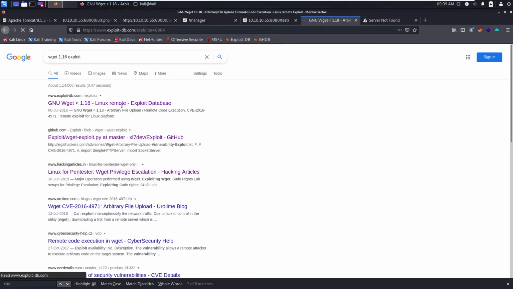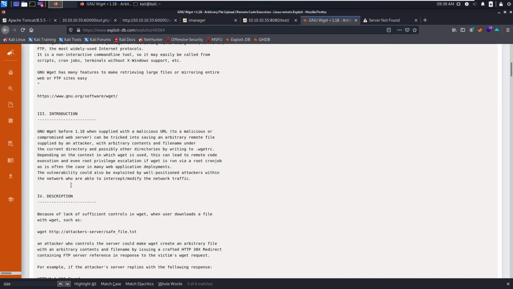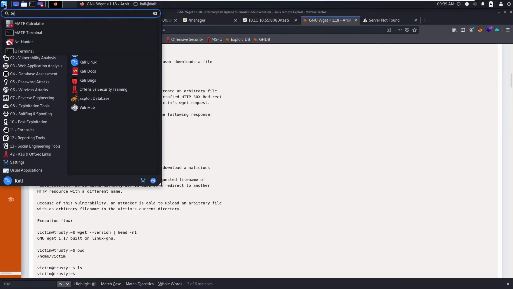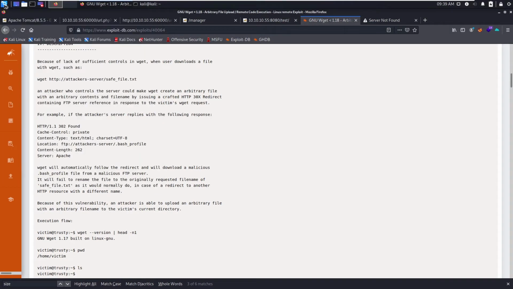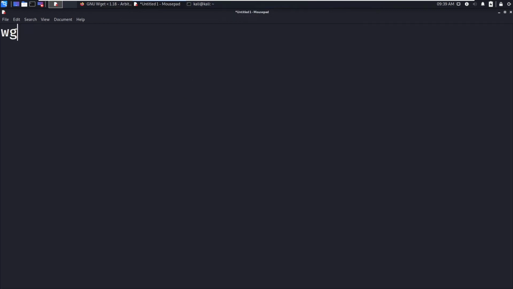So let's see how we can take advantage of this. I will just explain briefly. So I will open the text editor. Generally we use wget to fetch files from http, my box, slash filename.txt, right?